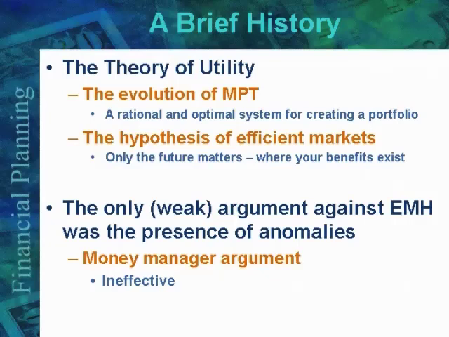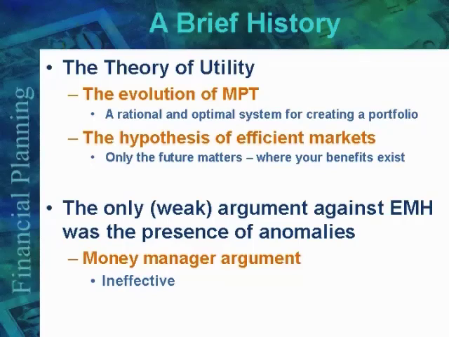And anomalies like the crash of 1987 or the small firm effect and so on. That's what money managers would argue, is that efficient markets imply that anomalies would not exist, and it was a very ineffective sort of argument, because